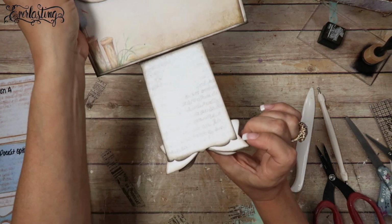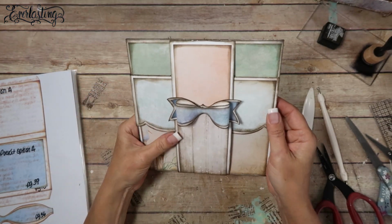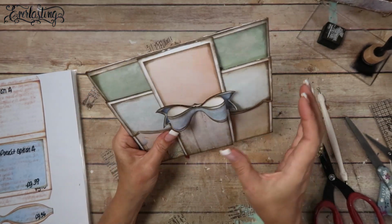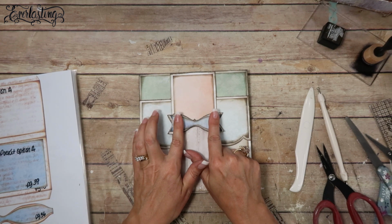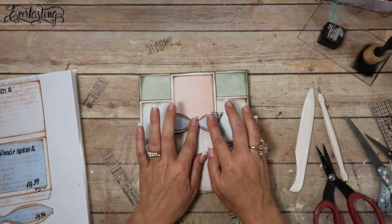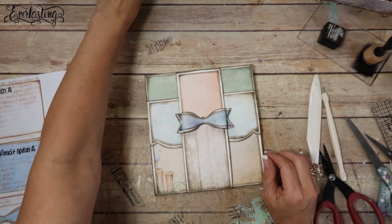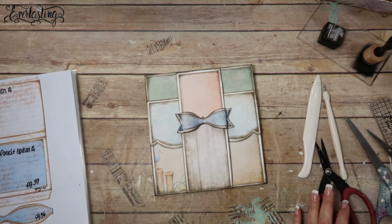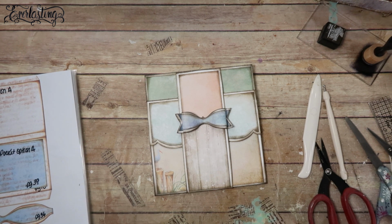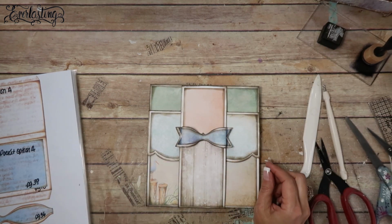Yeah, so it looks like that on the back side. I guess I could have matted the back side too, but okay. And we'll probably have to squish that down a little bit. It's a little too poofy. Okay, so then I thought about putting one of those little rhinestones. I had one sitting here and I don't know what to do with it. It's just gone. Putting one of these little rhinestones here, but I think what I'm going to do instead is